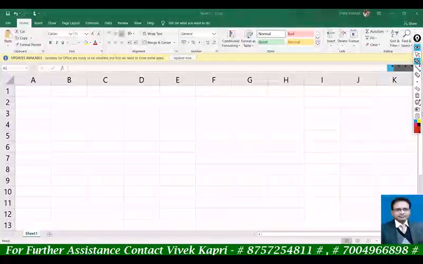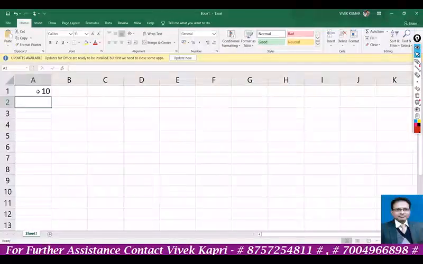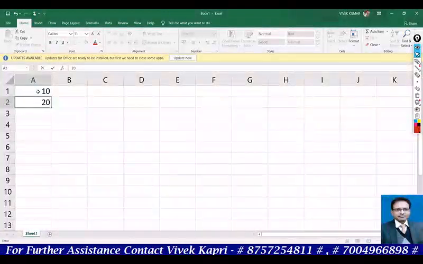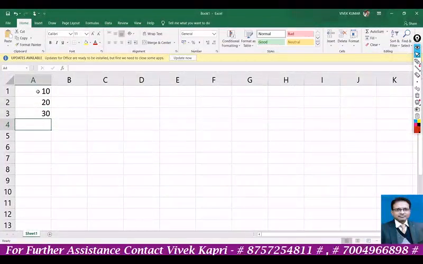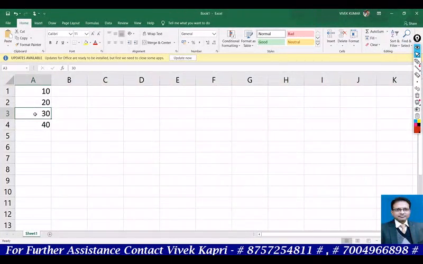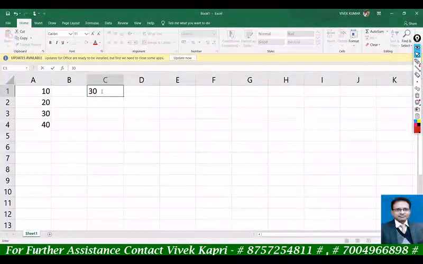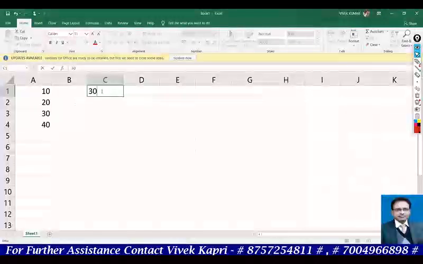Actually, in Excel we can enter data. Suppose here is 10. After moving the cursor using the arrow button or the mouse, here is 20. We can enter the data here. In the next cell we have entered 30, in the next cell we have entered 40. But exactly how can we represent any particular cell? How can we say that this is the third or fourth cell? This is not possible. Third may be this cell, or this may also be the third cell. So we have to give a particular name to each and every cell. That is called cell reference.